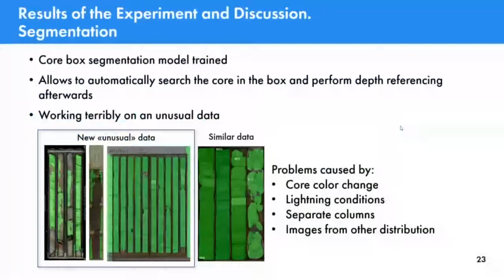The next step is segmentation, and these algorithms were developed a little bit earlier, because most of the data which was collected is stored in core boxes, and as can be seen, we have quite various core boxes stored in each core facility, and we have different standards for storage and imaging of these cores. It is really hard to train a good algorithm which will segment correctly some new unusual data which wasn't used